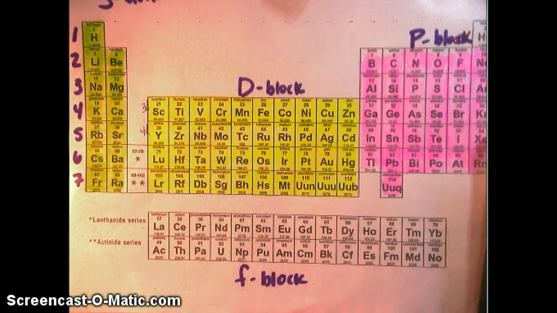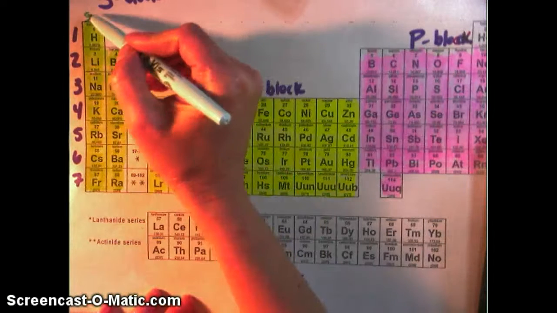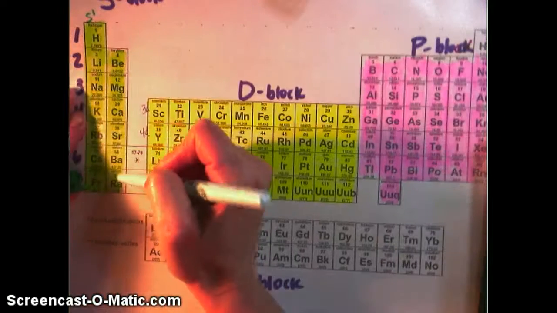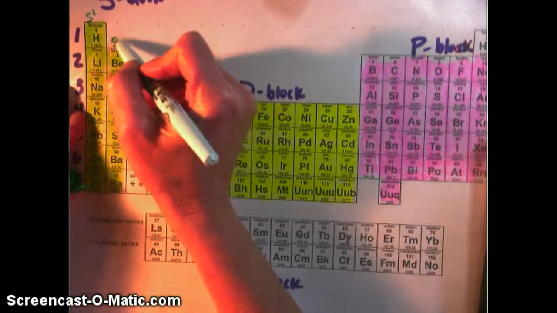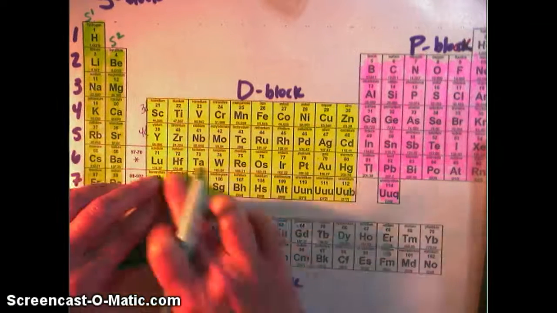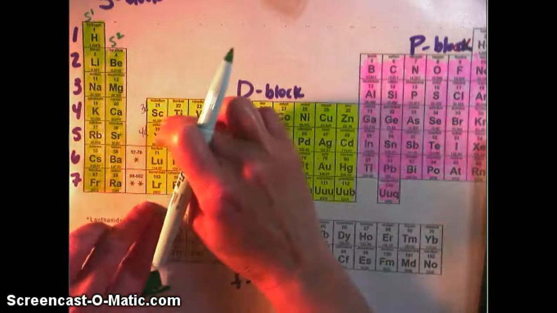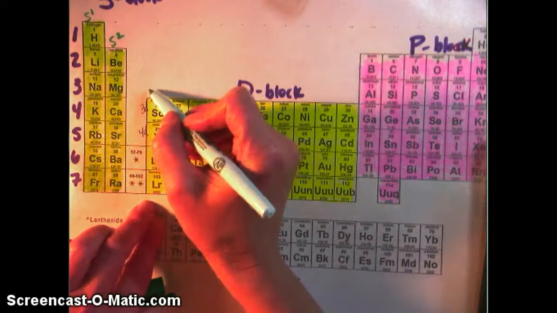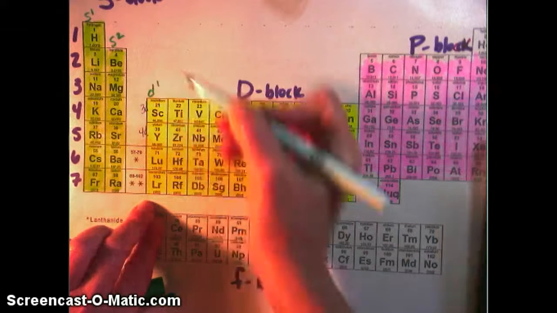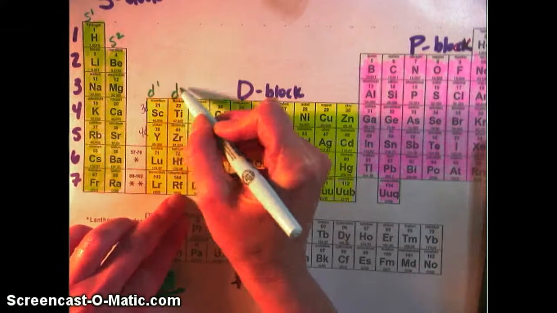So what does this mean? Any element in its respective block is going to end in that suborbital. Its electron configuration will end in that suborbital. So all the alkali metals will end in S1. All the alkaline earth metals are going to end in S2. The D block, any of these atoms that are in the scandium group are going to end in D1, titanium